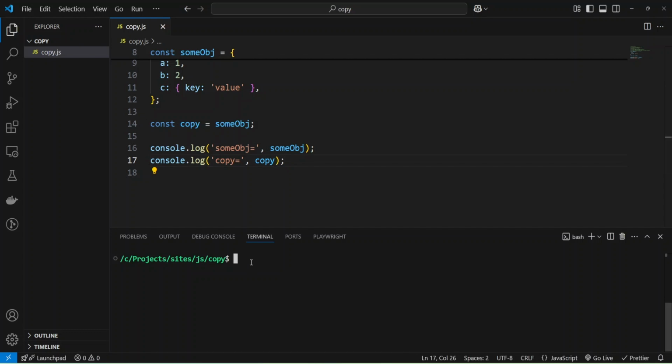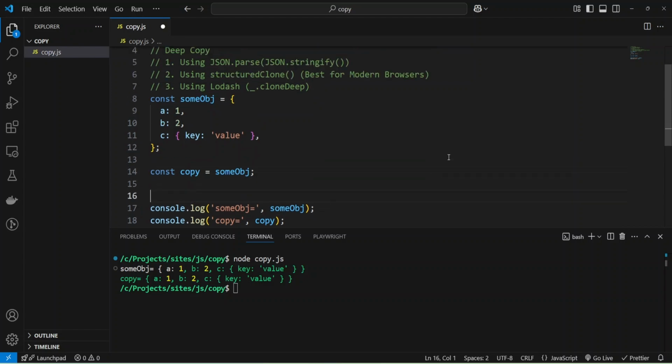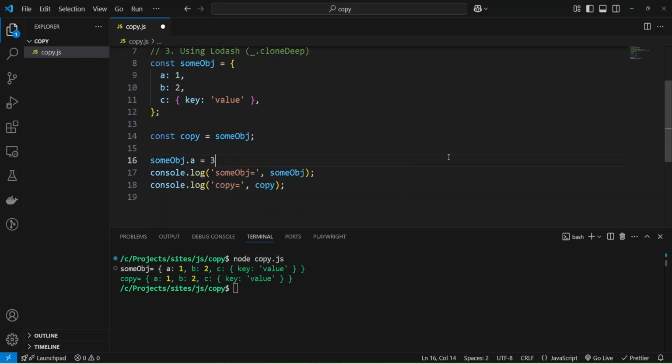Okay, and now I'm going to run my code with node and provide my copy.js file. And you can check it in browser and it should work the same way. As you can see, we have some object and also copy. Now let me change the A property of object and assign 3. And let me run my code again. And as you can see, we have 3 in A in some object, and also we have 3 in our